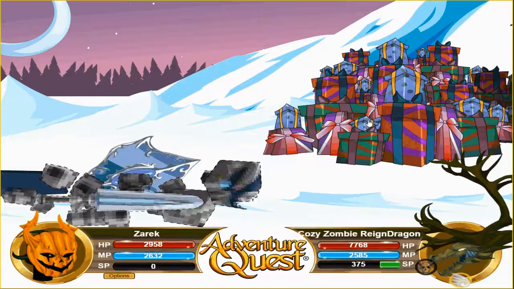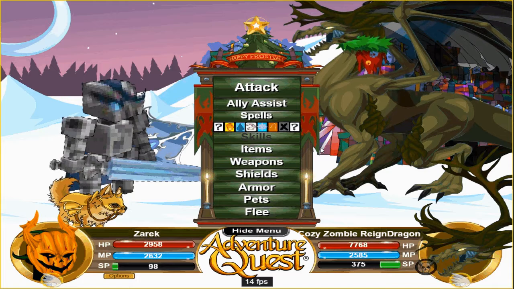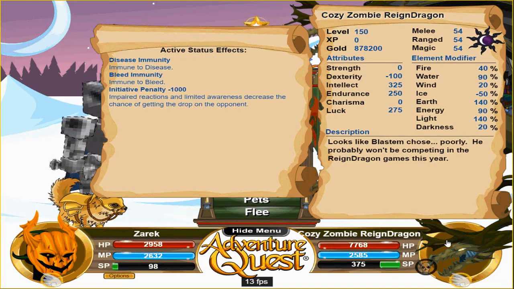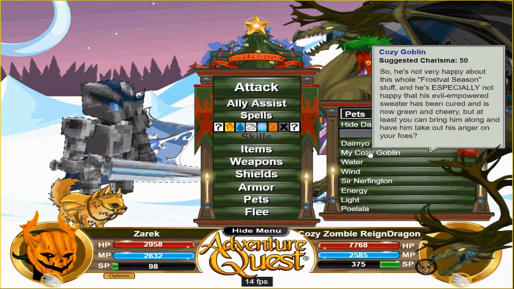It is the cozy zombie rain dragon. I like it. I really like it. It's been teased the entire Frostval, and I was wondering if it was ever going to come here. And it's finally here, and I'm not disappointed with how it looks at all. It looks like it's weak to earth and light, so I'm going to be picking out probably...